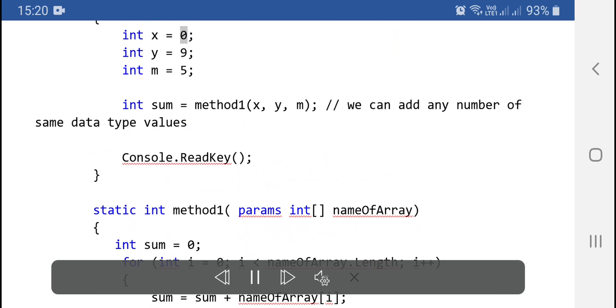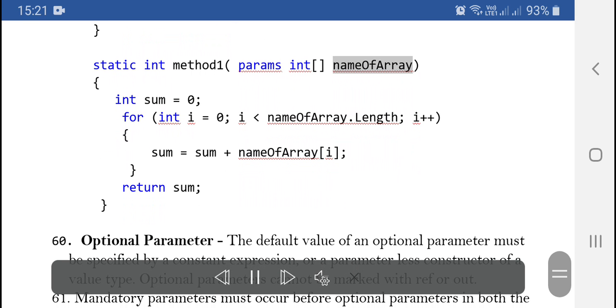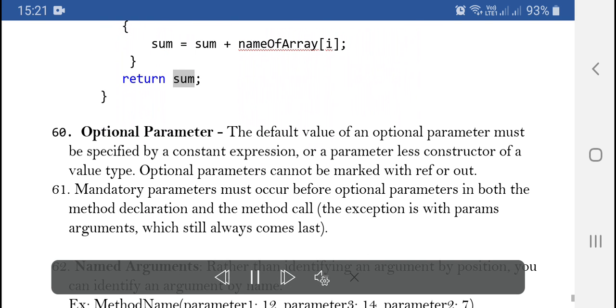int x = 0; int y = 9; int m = 5; int sum = Method1(x, y, m); // we can add any number of same data type values. Console.ReadKey(). static int Method1(params int[] nameOfArray) { int sum = 0; ... return sum; }